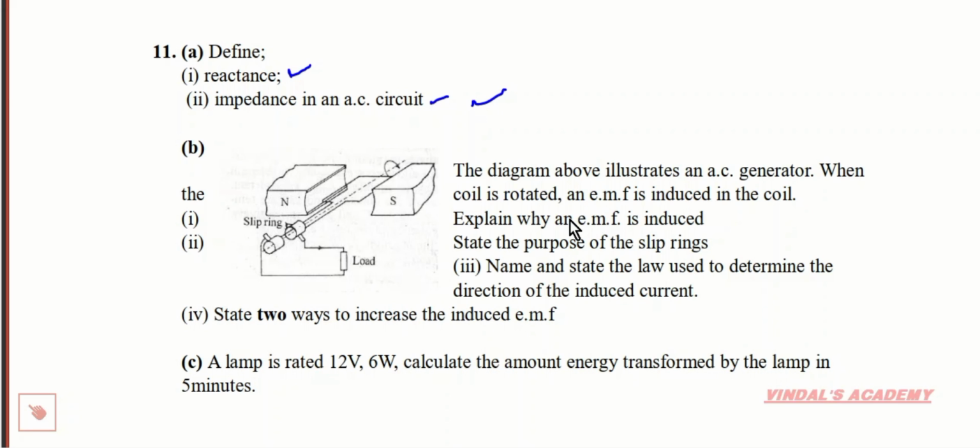Whenever there is a change in the motion of this particular coil, this is the EMF, this is the magnetic field which produces probably a uniform magnetic field. Whenever there is a change in the magnetic field linking the coil, then EMF is induced according to what Faraday stated. Alright, the next question says,